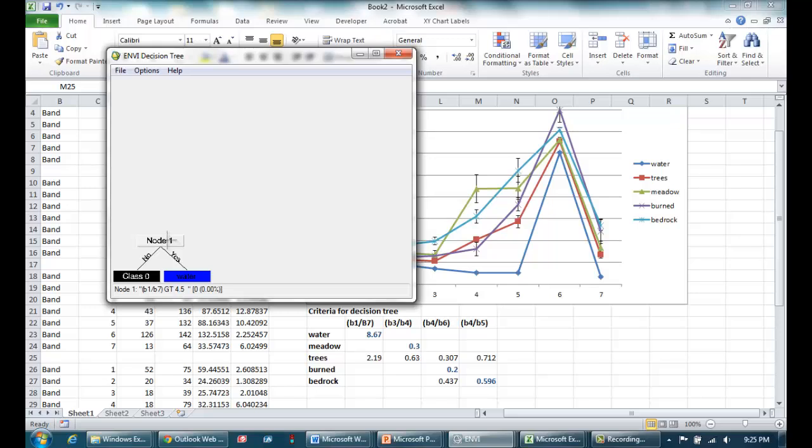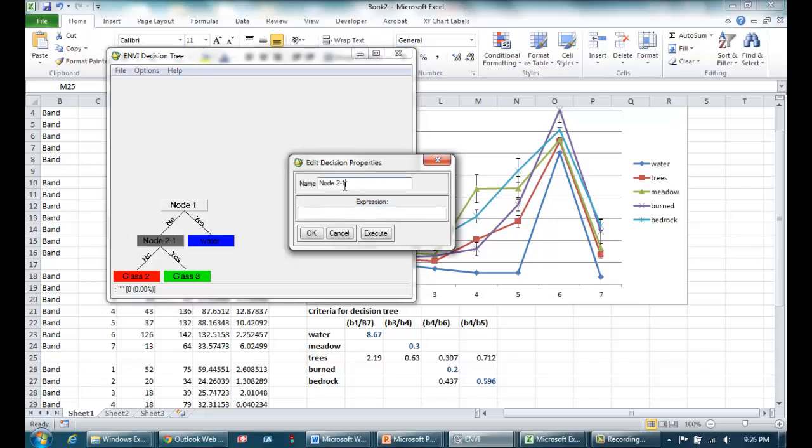All right. So if the ratio of B1 to B7 is greater than 4.5, it's going to be true, it's going to be water. If it's not greater than 4.5, then it could be any of the other pixel types or any of the other surface types. So what I'm going to do now, this is not going to be a leaf. It's not a dead end. I'm going to right-click, Add Children, and that's going to create another node there for me. I'll double-click the node, call it node 2,